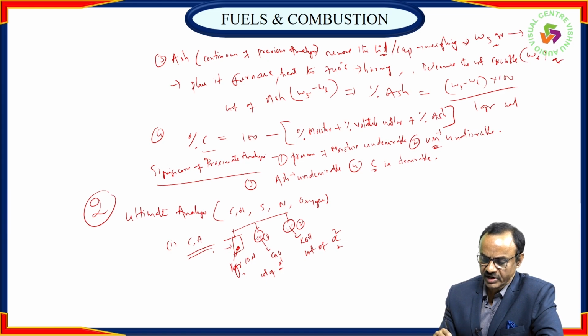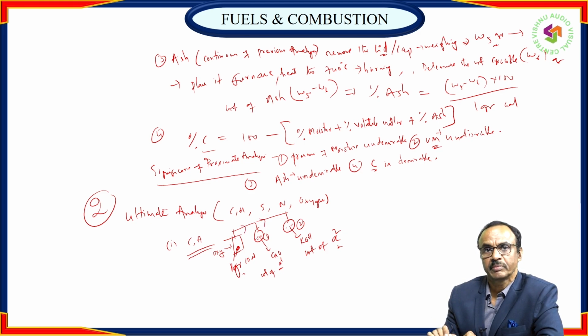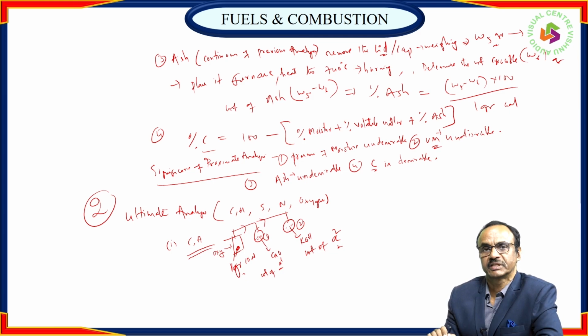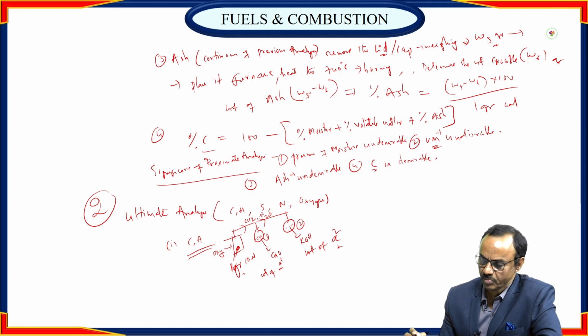When you allow the coal to burn completely, supply oxygen, since any combustion reaction takes place in the presence of oxygen. Just pass oxygen into the container and allow the coal to burn completely. After combustion, you know very well the main products are CO2, H2O vapor, and delta H. Our purpose of analysis is to know the hydrogen and carbon present in the coal, right? So the combustion products are CO2 and H2O vapor.